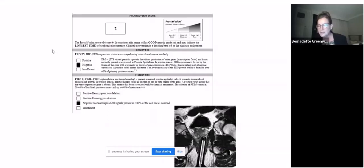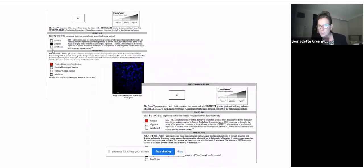Now PTEN, because all men are born with two PTEN alleles, if one PTEN is missing, it's like missing the front brakes of the bike or the back brakes, one or the other. If both PTENs are missing, it's like both brakes are gone. So when we talk about low, intermediate, or high score, a low score of just one PTEN being gone or